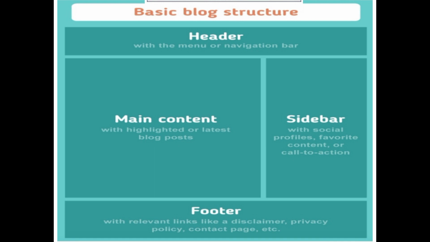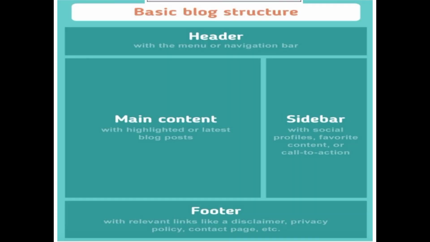For example, a short list of recent articles, recent comments, a list of pages or popular articles comes here in the sidebar. If you have selected two sidebars, then all these come in the left sidebar and in the right sidebar the profile of the writer comes. You can write your profile either on the left sidebar or the right sidebar, or you can choose only a single sidebar.